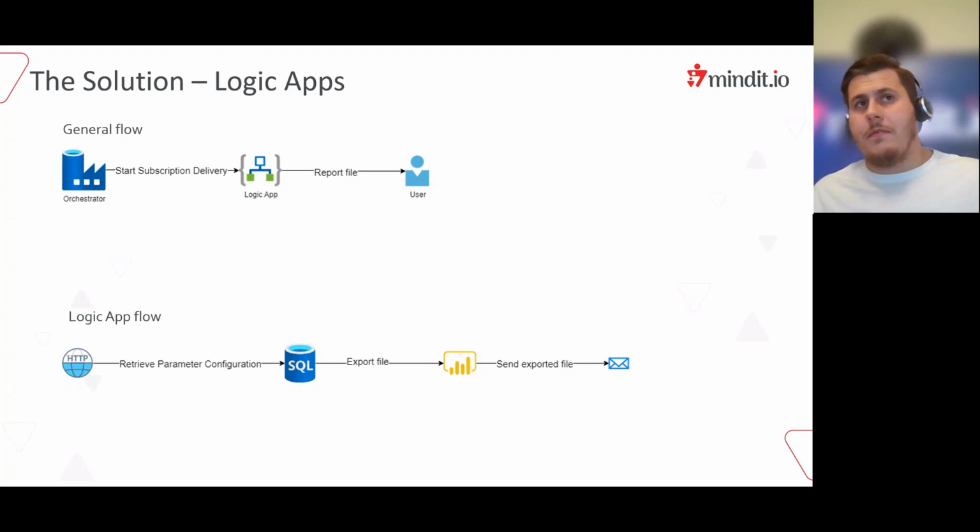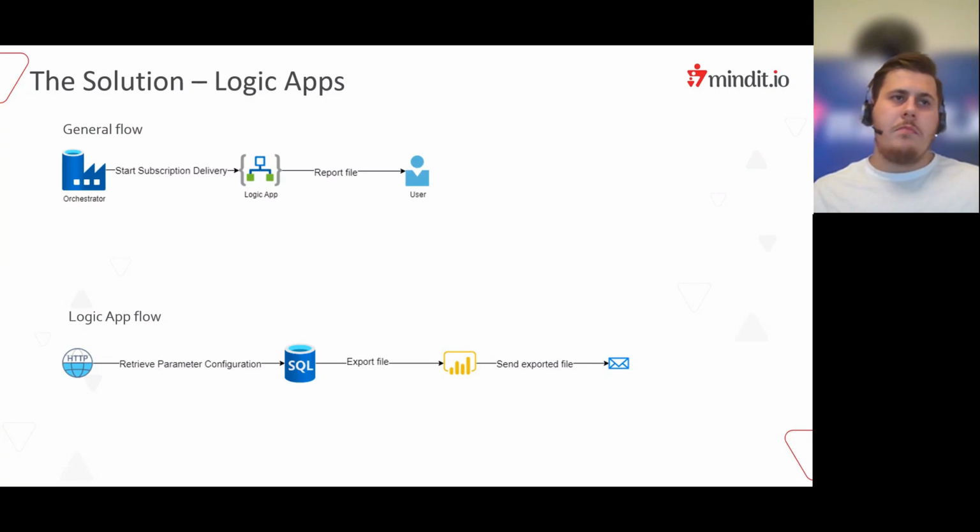We could have done a couple of things, but if we are using the latest technology, let's actually use the latest features that technology can provide. So in today's session, I will take you through how to set up an Azure Data Factory pipeline that can act as an orchestrator to send subscriptions using a logic app that performs all the data-driven subscription needs, and sends the report files to